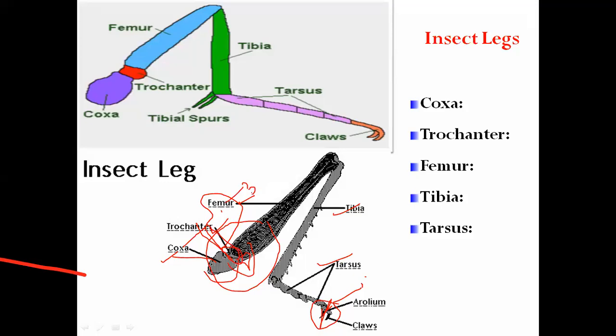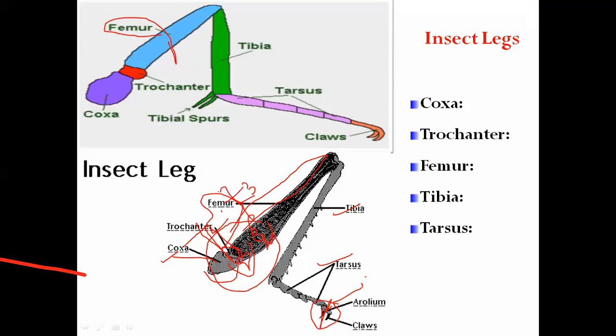Okay, and is it the smallest or largest? Look, this is the largest part of insect legs. The femur is the third part and the largest segment of the legs, and it has an important function, having powerful muscle of the legs, isn't it?